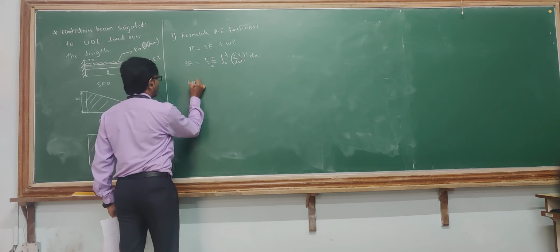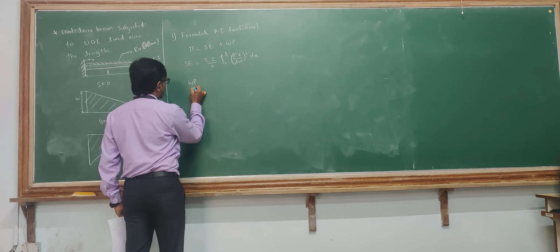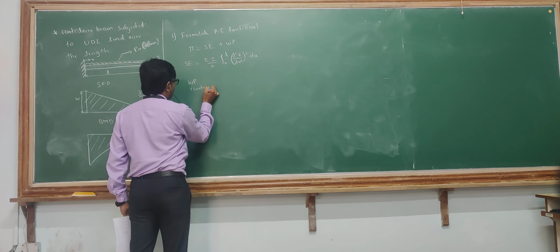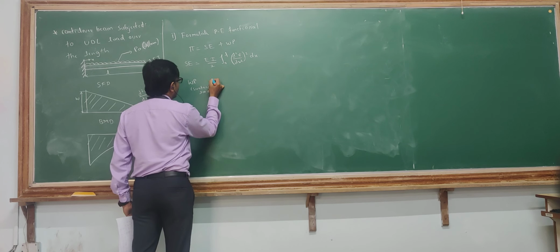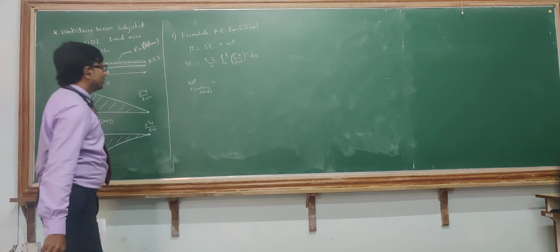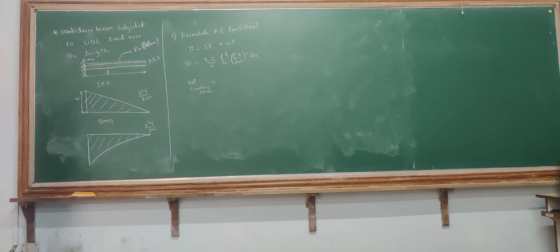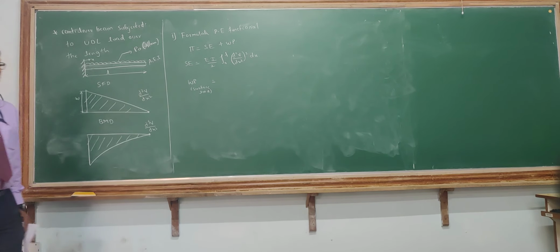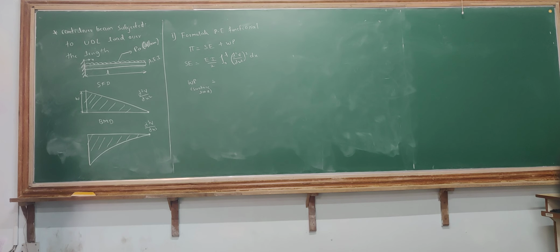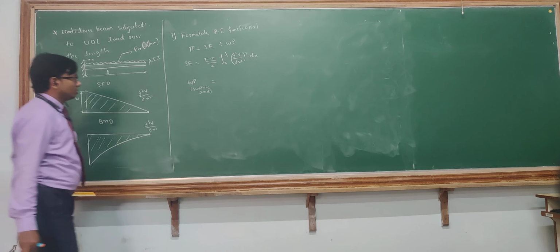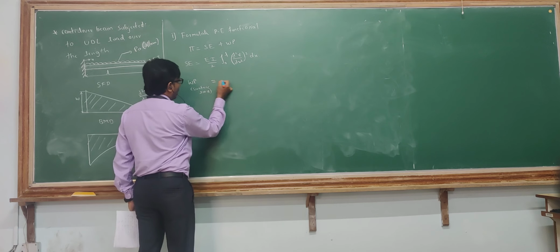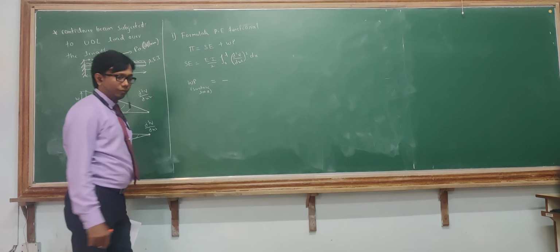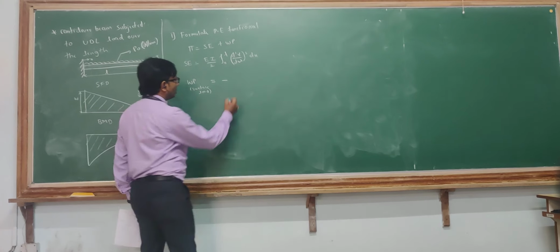Now comes the work potential. The work potential is due to a surface load, so it is a load acting over a length. It is not a point load where you can just take the algebraic multiplication. Here it is acting over the length, so that is where integration comes into the picture. See how I am writing this. As work potential will always be negative, I have to use an integration term.